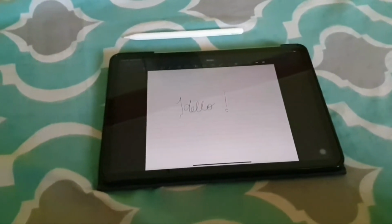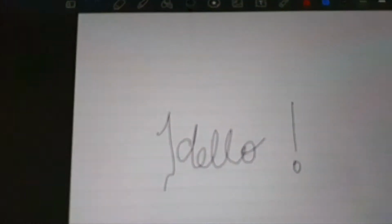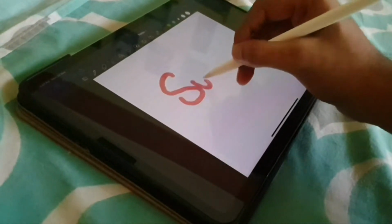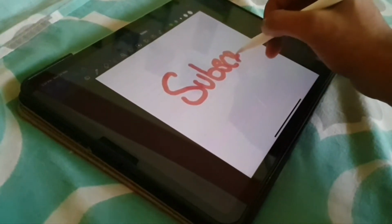Today I'm gonna review the Apple Pencil second generation, which I have been using for the last 1 month or so. So what do I think? I think this product is a good addition for your new iPad Air or the iPad Pros if you are